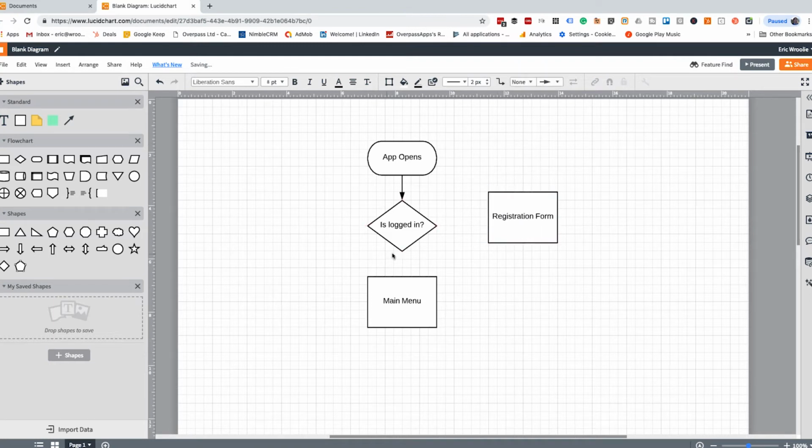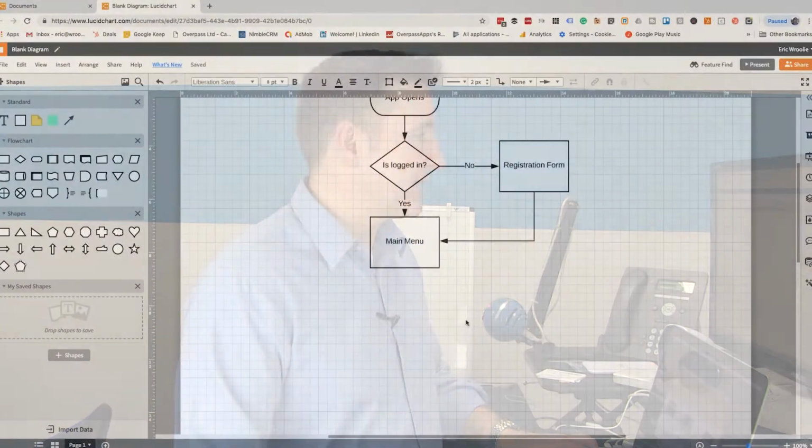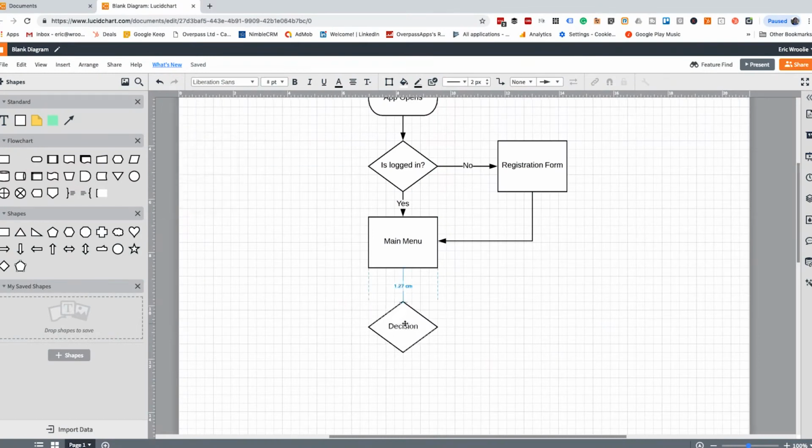So I go, if they're logged in, just go straight to the menu. If not, go to the registration form, and then once they're logged in successfully, it goes to the login, the main menu. From here, we would go through a different decision tree. So we say, user clicks button,